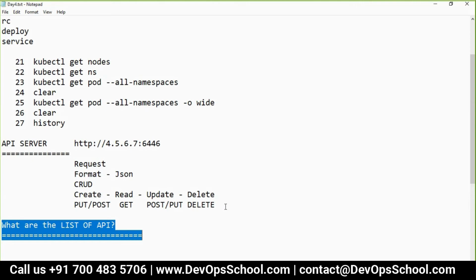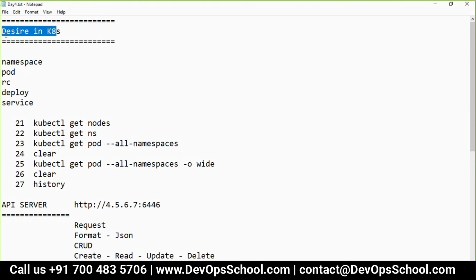Into the API server in the form of YAML. Yeah. You will write YAML and JSON. That's a desire. I told you declarative state and desired state. Desire will go into the YAML. YAML will be sent through kubectl to the API server. Then the rest of the things go, your work is done. I hope you remember that flow, right? Then keep that kind, of course, in this document.